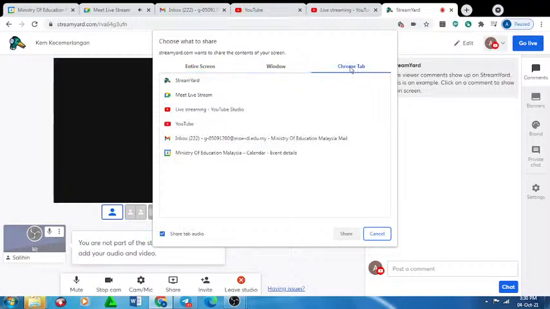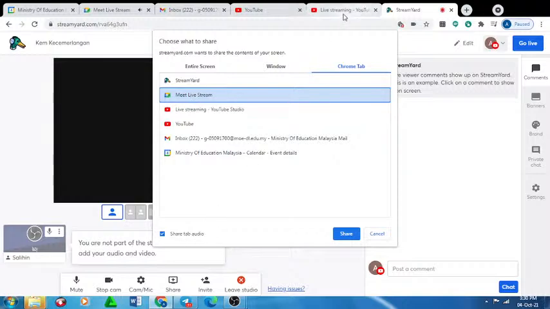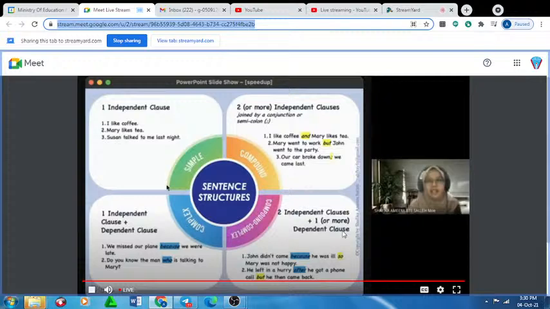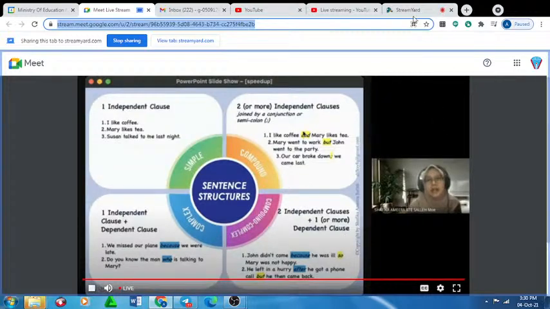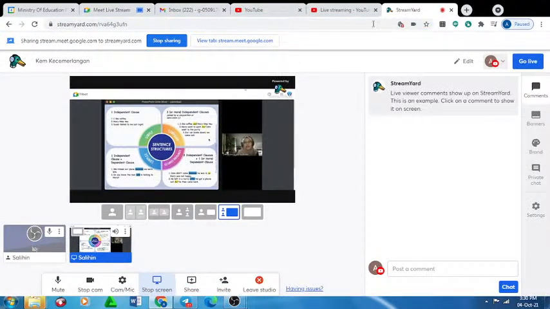The highlighted words are also called conjunctions or linkers, or also known as subordinating devices lah. Okay, subordinating conjunctions. Okay, so as long as kita ada perkataan-perkataan yang dalam highlight ni, okay, that means we